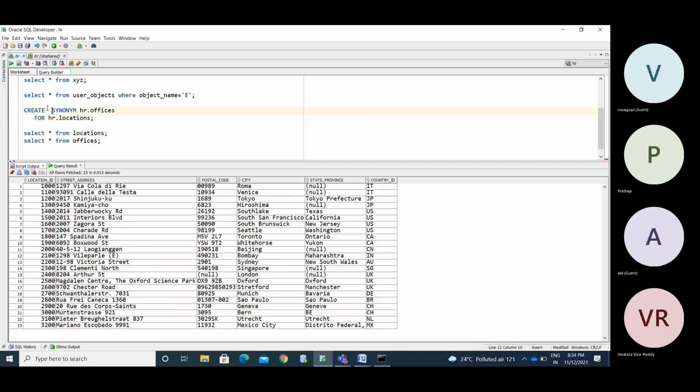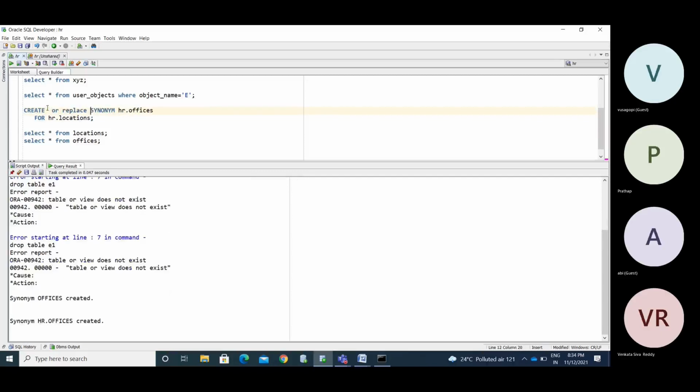In this case, you will use create or replace synonym name. Now the object is created in the HR schema, since you connected with the HR user. Actually, you need to use it this way. You always need to mention the owner name. In whichever user you are going to create that object, you always need to reference it. If you haven't provided that, by default it creates in the logged-in user. Whichever user you are logged in as, it creates the object in that particular user.